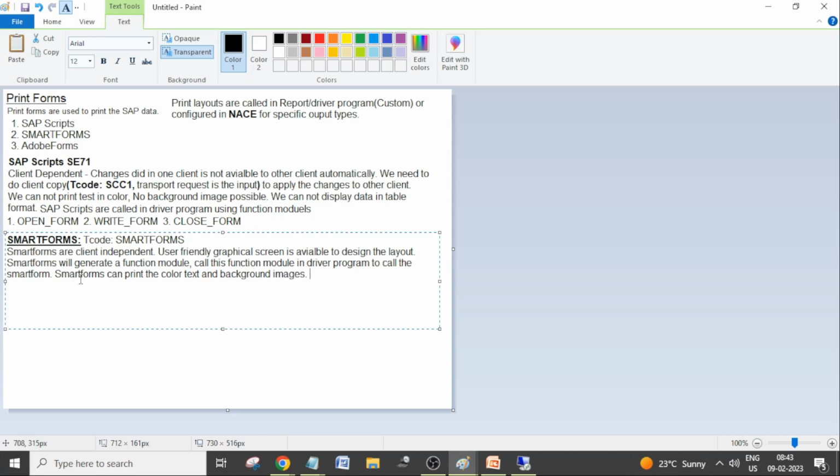So smart forms can print color text and background images. These are the advantages over SAP scripts when we are using smart forms. And also we can design data in tabular format, right? So when we are working with the smart forms, right,